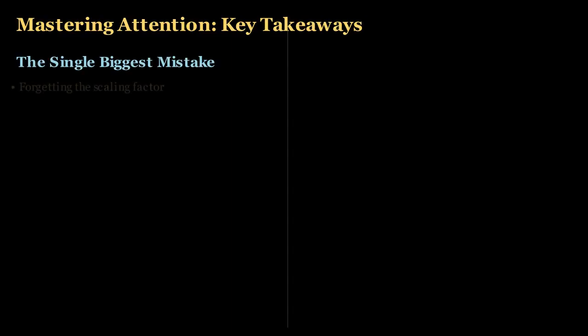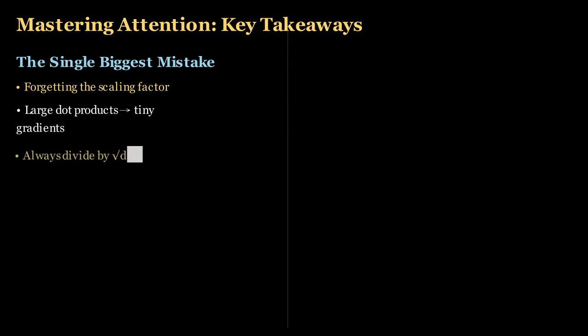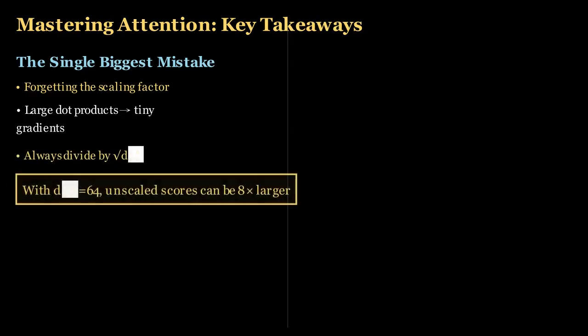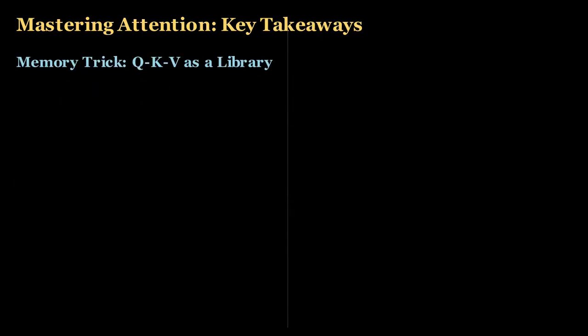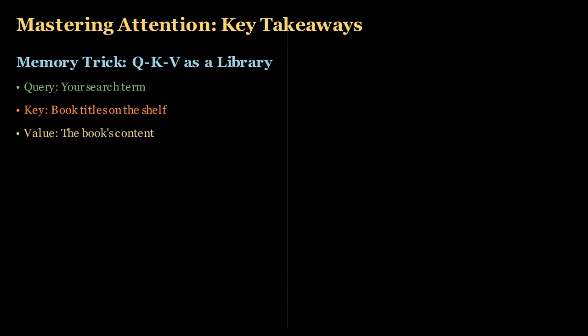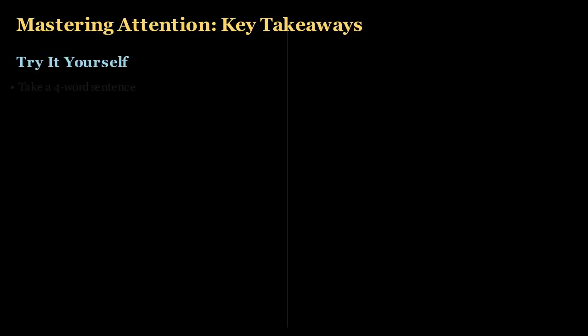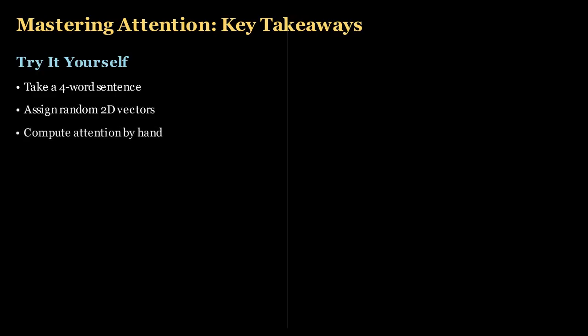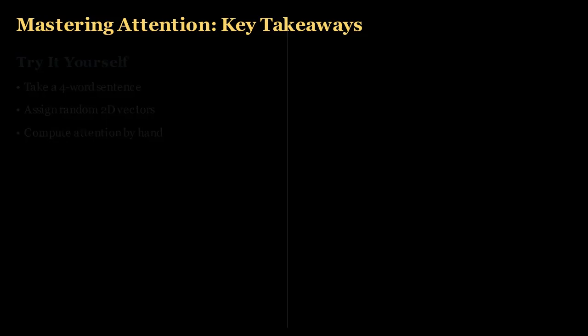We just saw attention in action. The most common pitfall is skipping the scaling factor. Without dividing by square root d, large dot products push softmax into extreme values, killing learning. To never mix them up, think of a library. Your query is what you're looking for. Keys are the titles you match against. Values are the actual books you pull and read from. Grab a short sentence